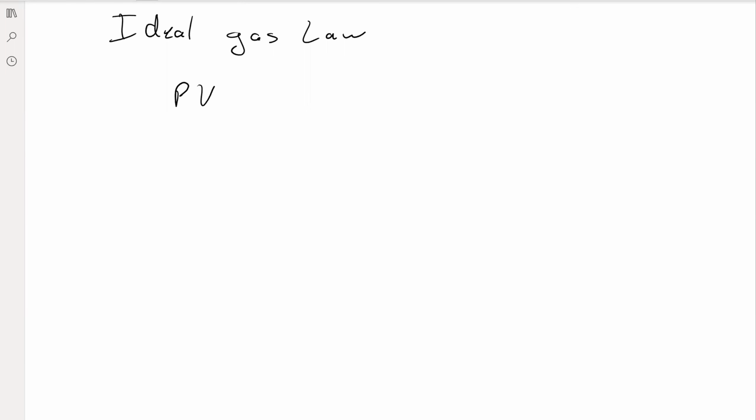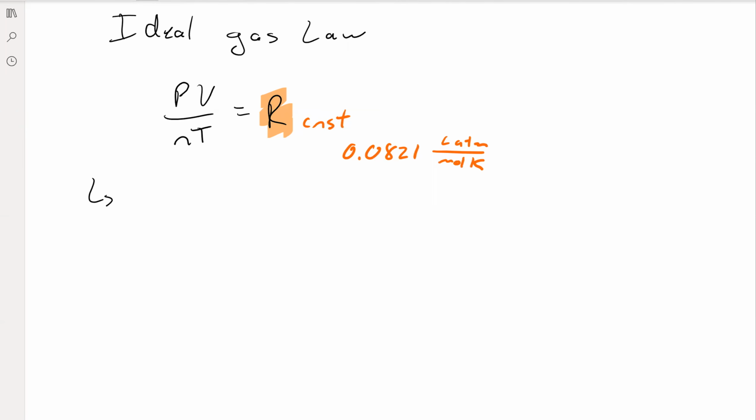Right, so last time we saw PV over nT. If we were to substitute valid information for all of these ones, we would always get some kind of value, and this value is R. R is just the gas constant, and it's basically what makes the math work out with all the different units. In this case, it's going to be equal to 0.0821 liters atmospheres over moles Kelvin. And again, most gases behave ideally